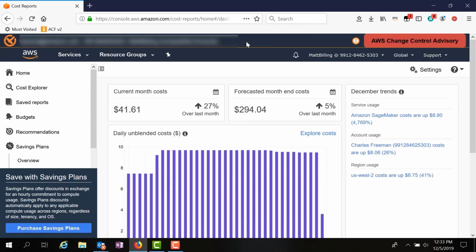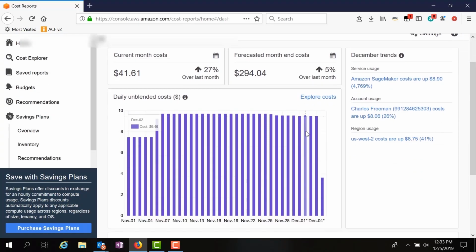Cost Explorer brings up the current costs in the month along with forecasted month-end costs. It shows me how much it's increased or decreased over the month, and I can go ahead and click Explore Costs. By the way, before I do that, look on the right-hand side. It shows the December trends. So SageMaker costs are up. And we can also see by region that costs are up. As I click Explore Costs,